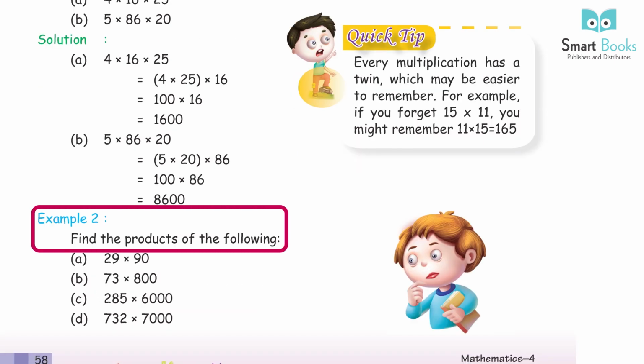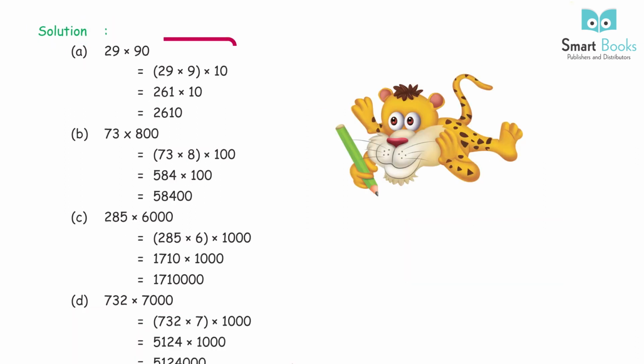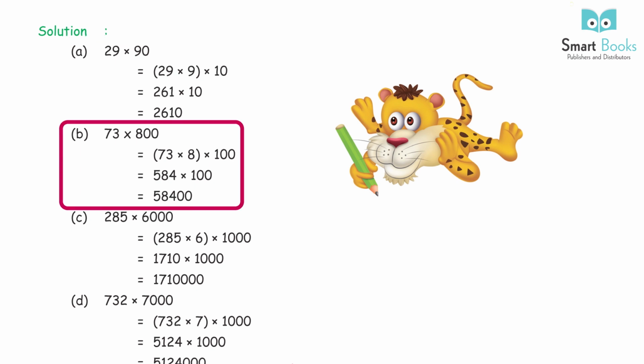Example 2. Find the products of the following. A. 29 into 90. B. 73 into 800. C. 285 into 6000. D. 732 into 7000. Solution. A. 29 into 90 is equal to 29 into 9 into 10, which is equal to 261 into 10, which is equal to 2610. B. 73 into 800 is equal to 73 into 8 into 100, which is equal to 584 into 100